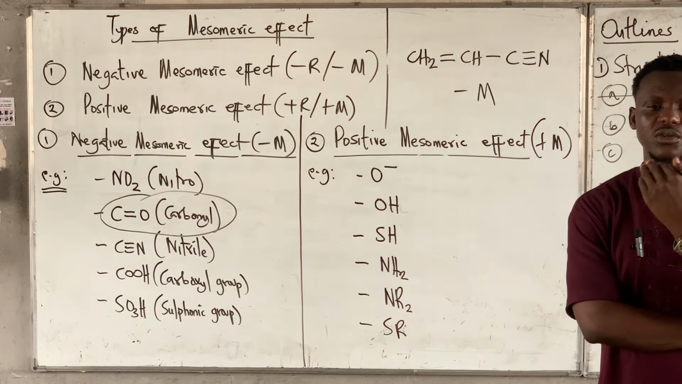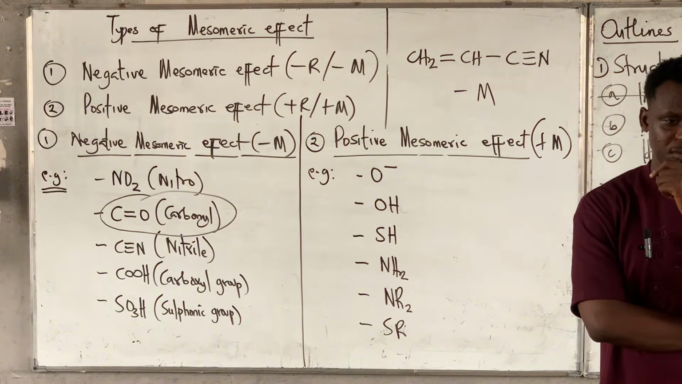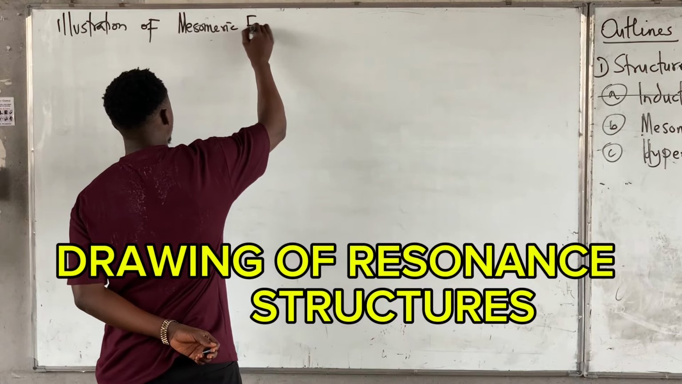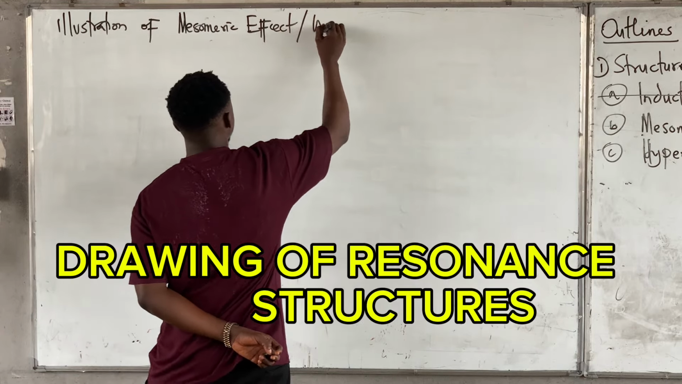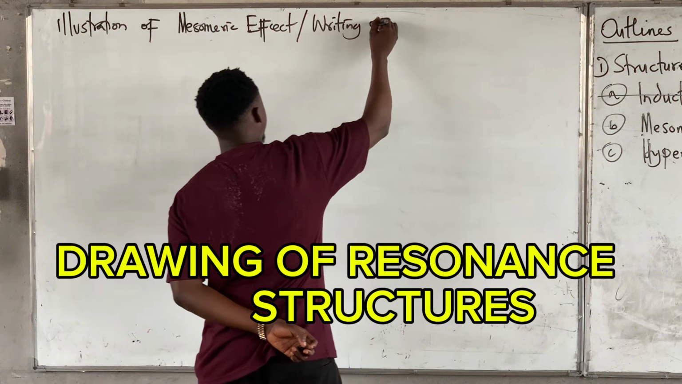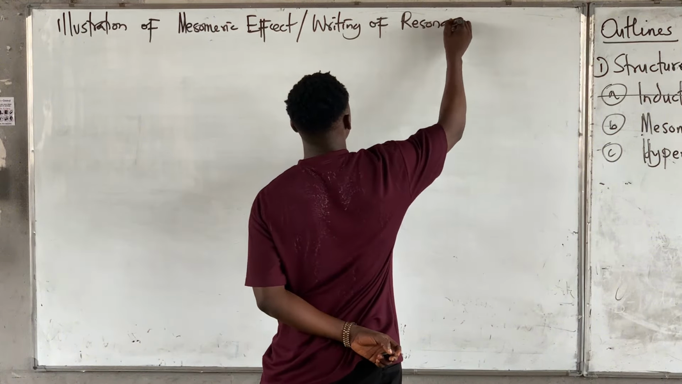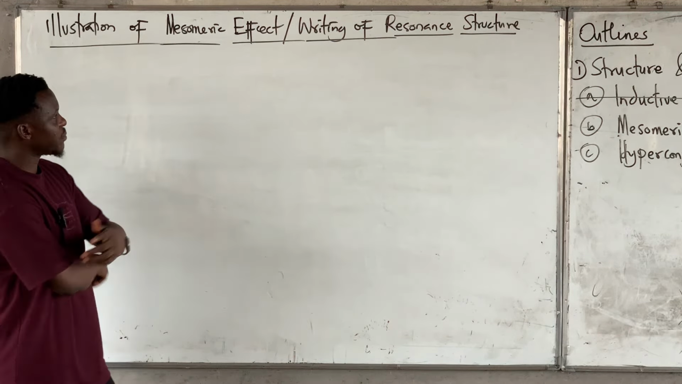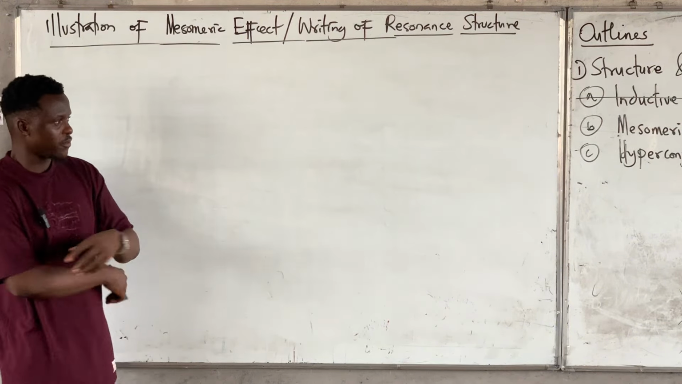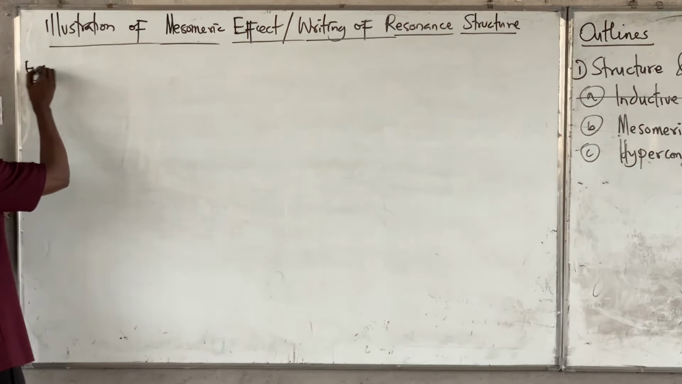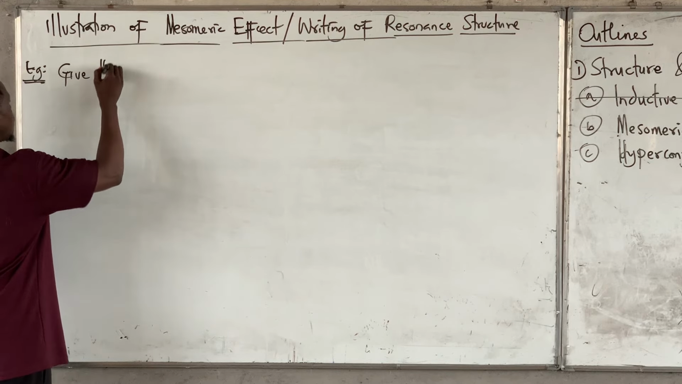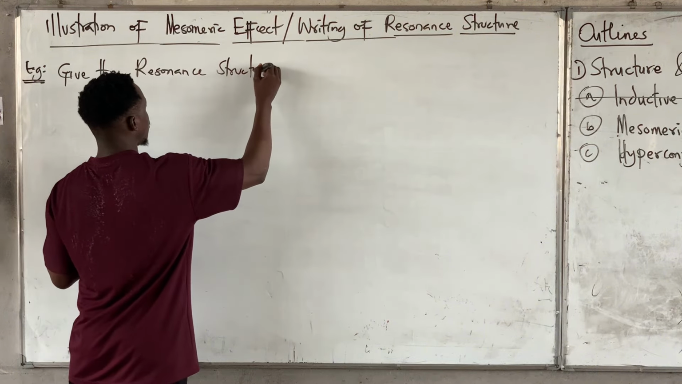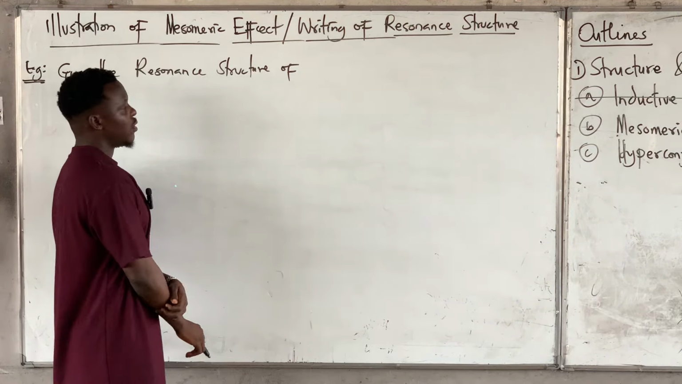So what we want to do now is to write resonance structures. All right, so please listen up. Now, how do we illustrate? Illustration of mesomeric effect is actually in terms of writing resonance structures. Example, you see something like, give the resonance structure of,